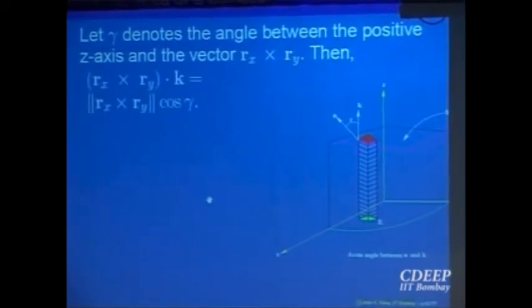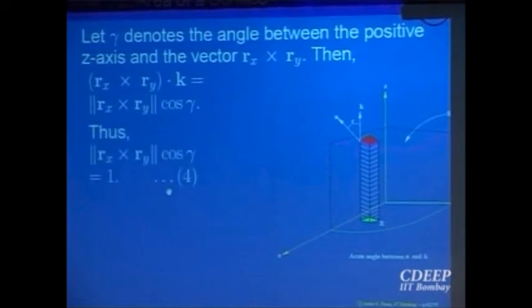And I can also write, the cos of the angle is equal to 1 over the norm of Rx cross Ry. I can compute it from this equation. So the norm of Rx cross Ry is 1 over cos gamma, if that angle is not equal to 90 degrees, that means it is equal to secant of gamma, right? And this appears in finding the surface area. This is the integrand in the surface area. So I can write the surface area to be equal to the double integral of secant gamma dx dy, right?